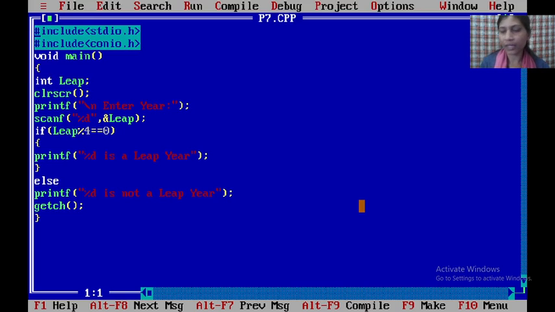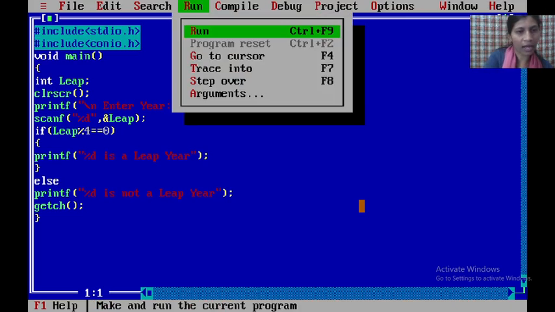If you want to find out whether 2016 is a leap year or not, open the calendar and see February month. If there are 29 days, then that year is a leap year, and a leap year comes after 4 years. It means 1 day in February month is extra. Total number of days in that year is 366. In a normal year, 365. Okay, Alt R, run the program.